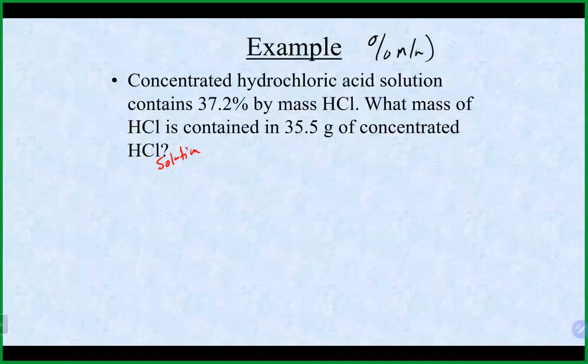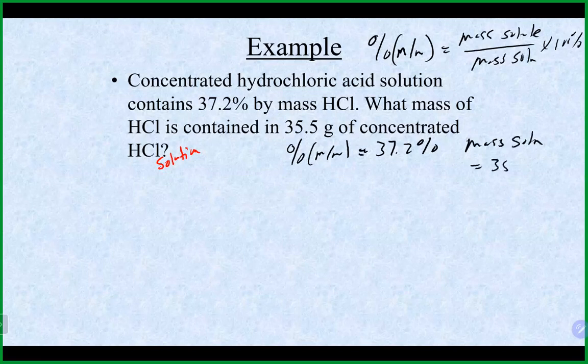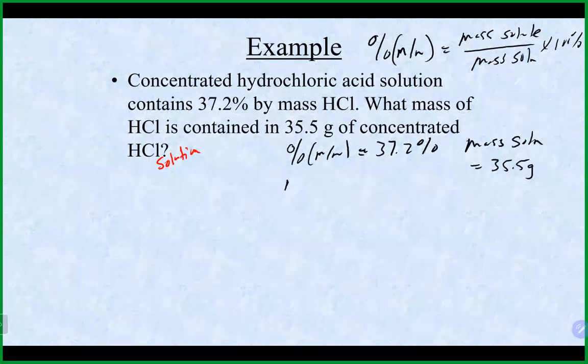Percent mass to mass is our mass of solute over our mass of solution, times 100%. In this case, we are given the percent mass to mass, which is 37.2%. We also are given the mass of the solution, which is 35.5 grams. And we're looking really for the mass of the solute, which is basically the grams of